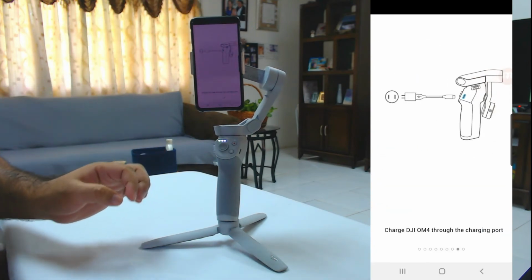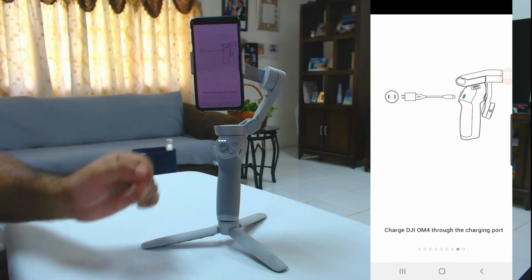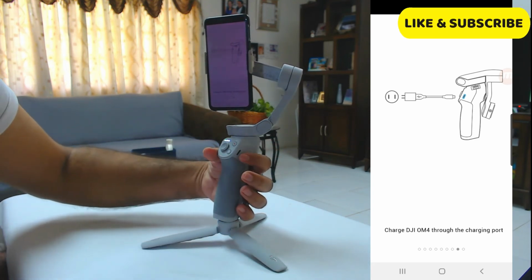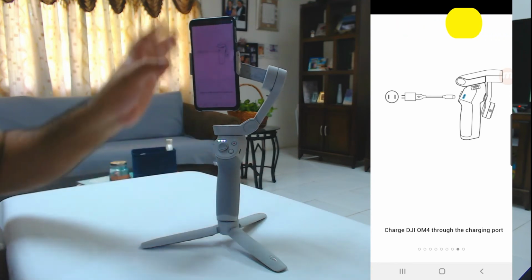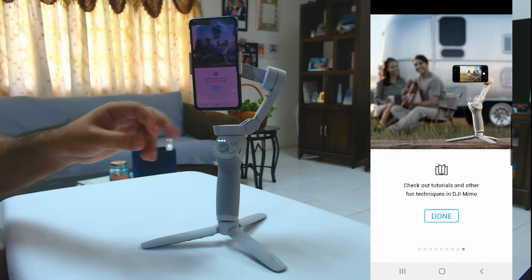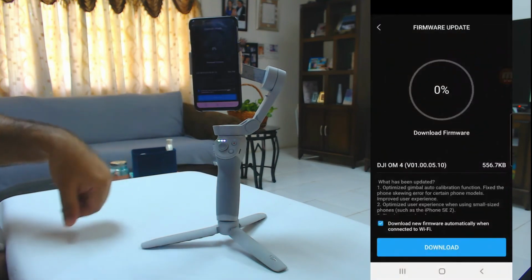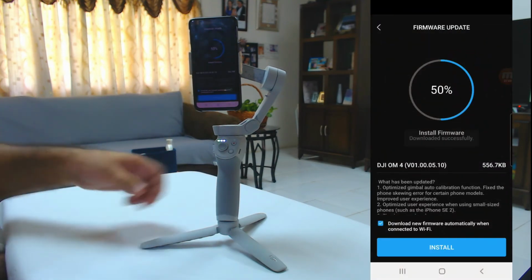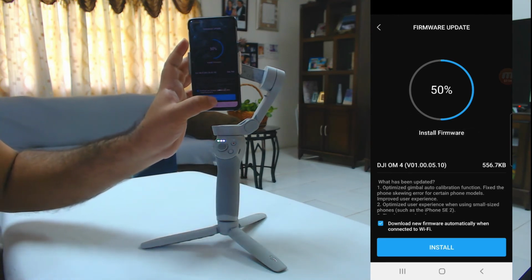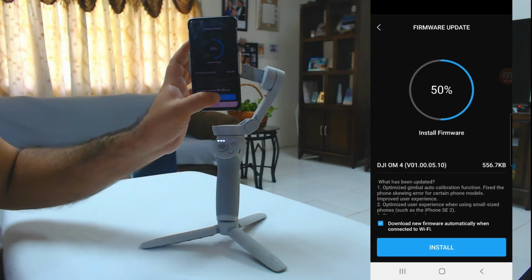Okay, and to charge, you simply charge it using the side port here on the side. You plug it in and you should be good to go. And that's it. It says check out more tutorials for the DJI. So you just click done, and when you do that, it's now going to ask us to do a firmware update, which we should do. So let's go ahead and click install,